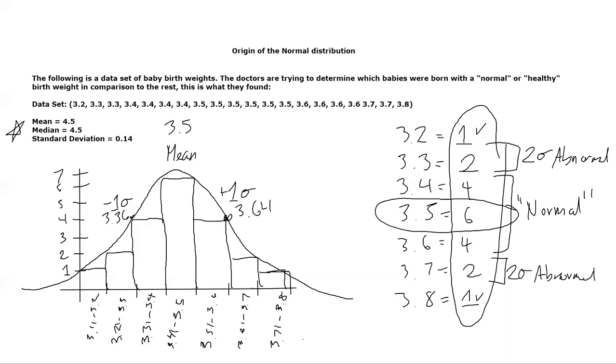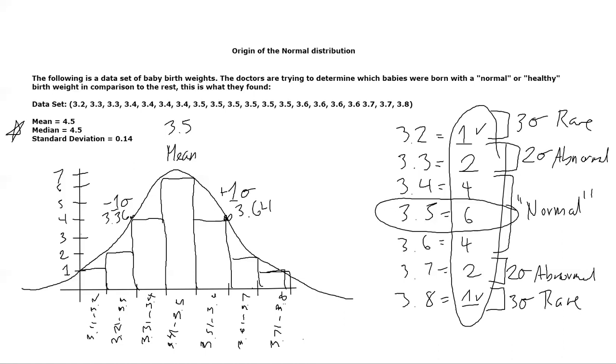Doctors might want to check up on them a little more because they're 2 standard deviations away from the curve, away from the mean. What if your baby is at 3 standard deviations? I guess you can consider that rare, because that's not necessarily normal. Like if they're born really underweight, maybe they were premature. Or if they're born really big, maybe they're just a little bigger than normal. It could be nothing, but the doctors definitely want to look at babies they want to give more attention because